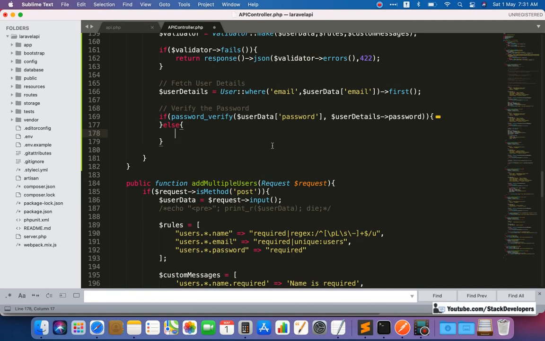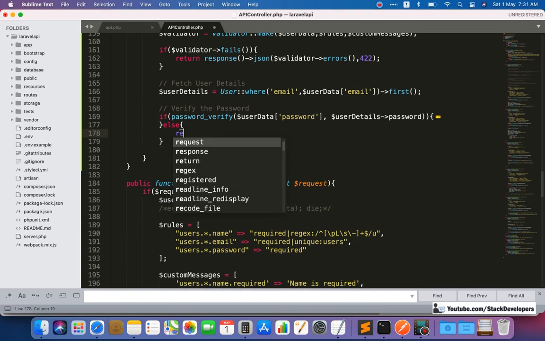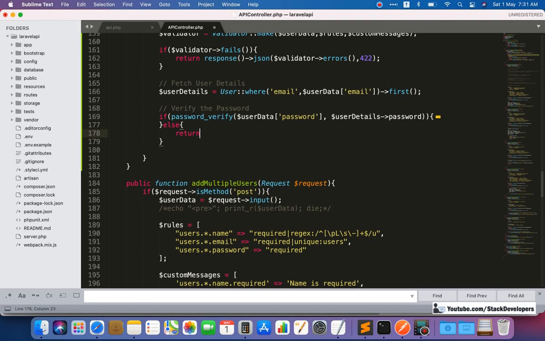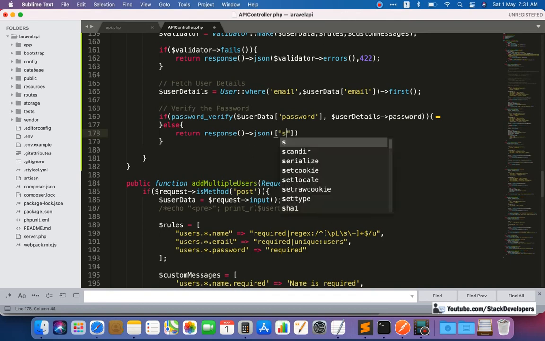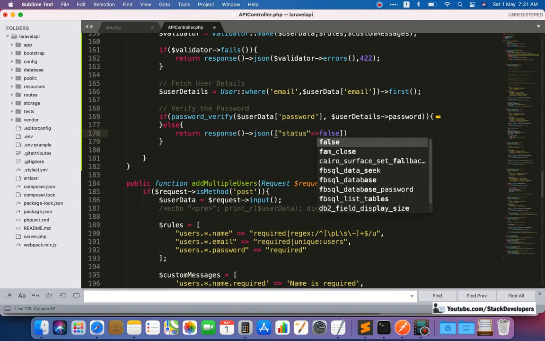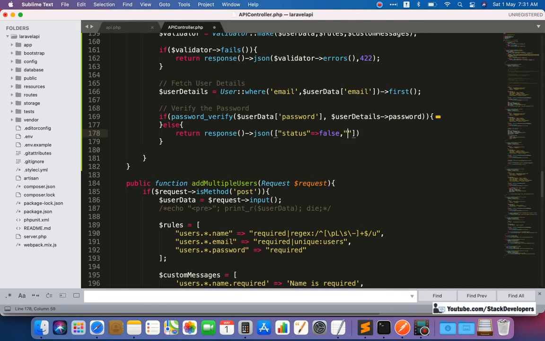So here we are going to do return response JSON, and in that we are going to give the status as false, and the message: password is incorrect.